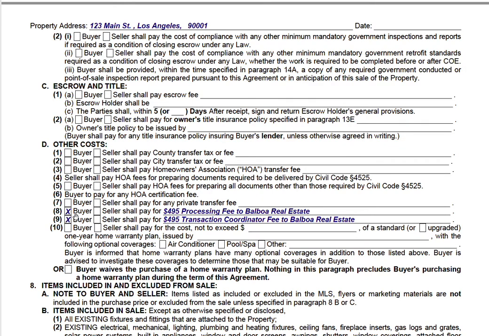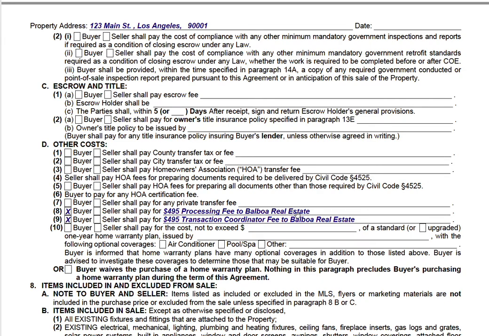So let's say you're representing your client, because now we're writing an offer for our buyer. Before, with the listing agreement, we were writing a listing agreement for the seller. So let's say we want to charge our buyer a fee to offset our overhead, our cost. We check the box buyer and we write in, the buyer shall pay for,